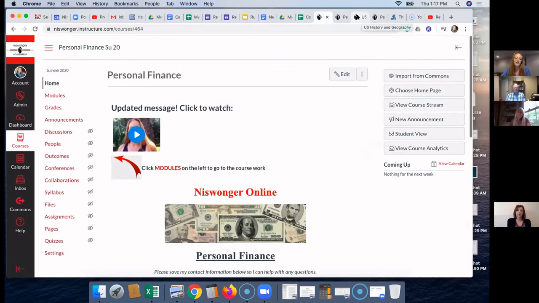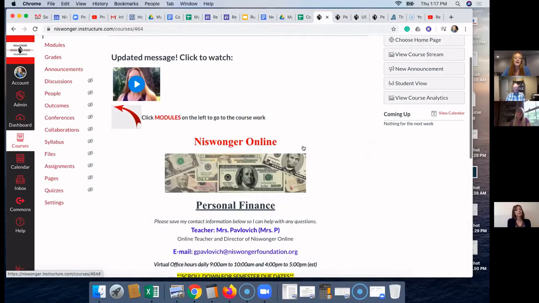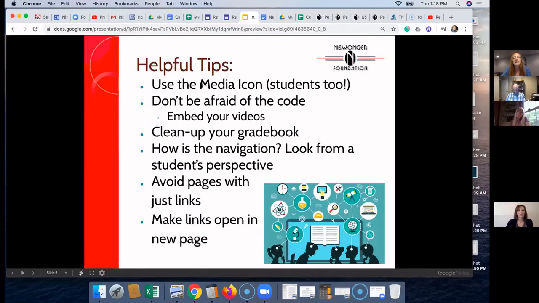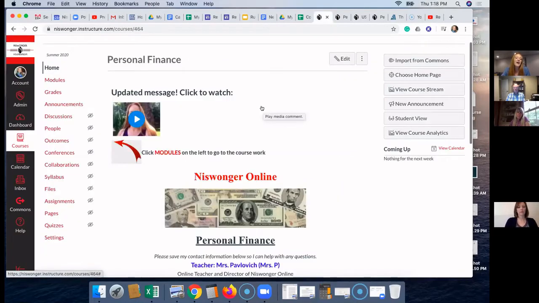It really cuts down on all of that, because then the kids, when they pull it up in your Canvas class, can have the video embedded there for them to see. I'm going to talk to you about that in a moment. But if you don't have that, there is a media icon within Canvas that I love. This here is an example of a way in which I've used it, and at least once a week, this video changes for my students.